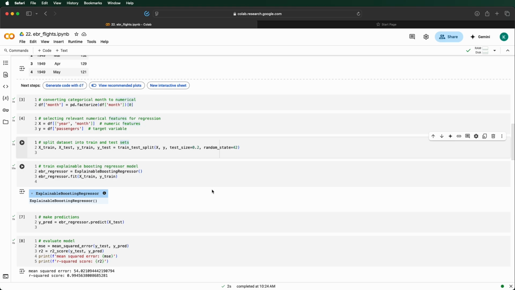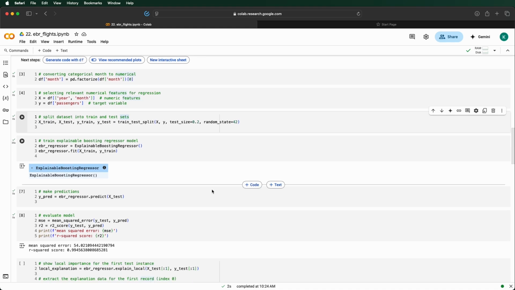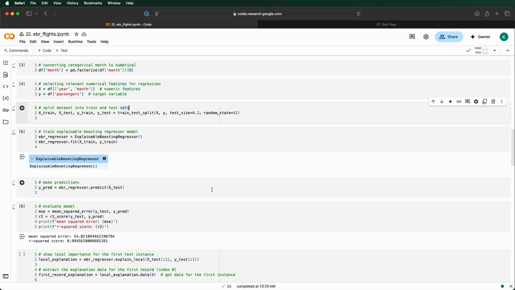EBM, the Explainable Boosting Machine, is a machine learning framework that combines the power of boosting, iteratively improving weak learners, with interpretability. Unlike traditional boosting models like XGBoost, EBM uses a technique called Generalized Additive Models plus Interactions, GA2Ms, fitting simple functions for each feature and their interactions, making it highly transparent. EBR is the regression version of EBM, designed to predict continuous values like passenger numbers, while offering clear explanations for